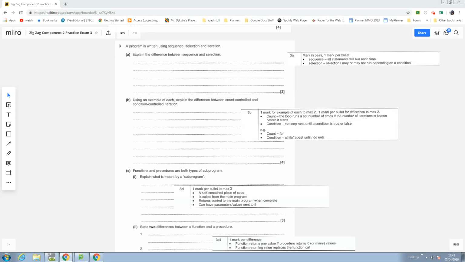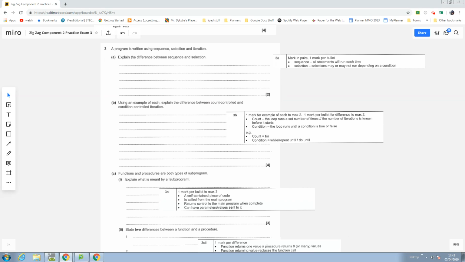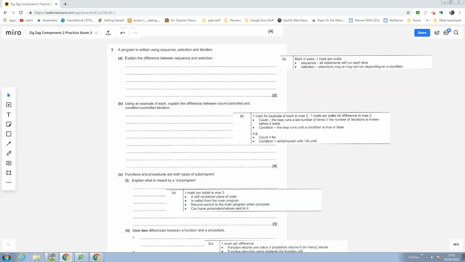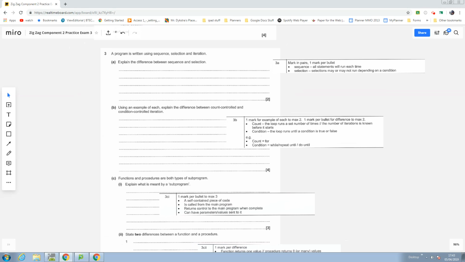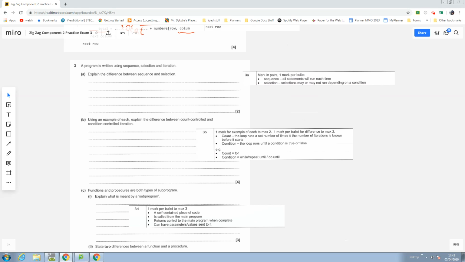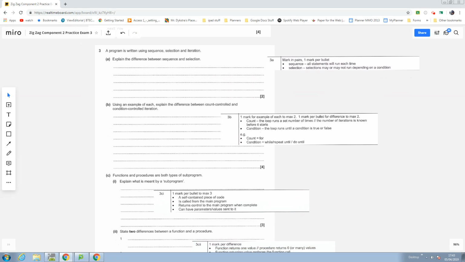So this is question 3. I don't want to say much about it because you can work it out from the mark scheme. Anyway,